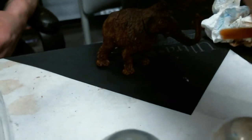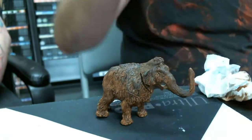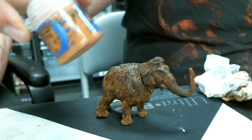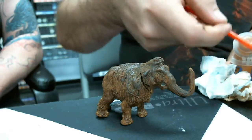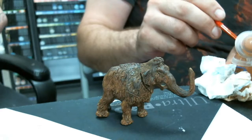There you go. All right, so going this time, avoiding the dirt patches that I applied. I'm going to go over it with some... Actually, let's do a bit more orangey-brownish with a Deathclaw brown. I have more paint. Oh, you have more paint already used too. That's what the base was. Oh, okay. And I'm going to go back on this whole bit of